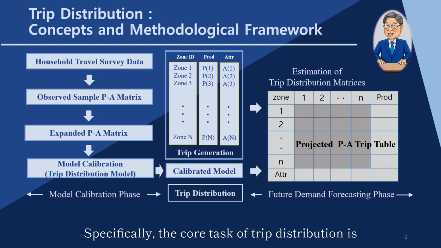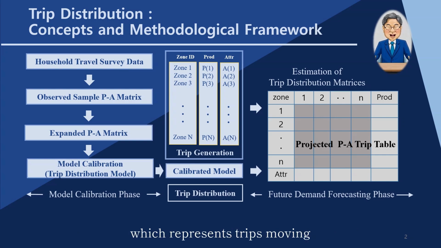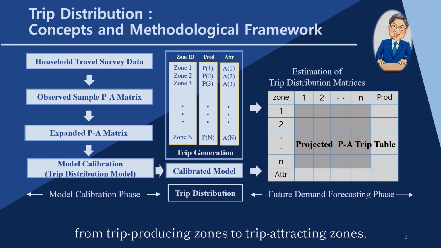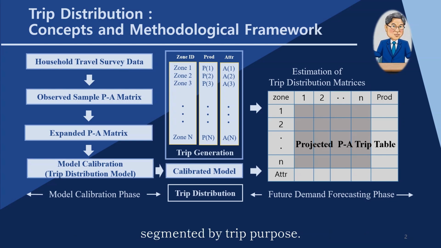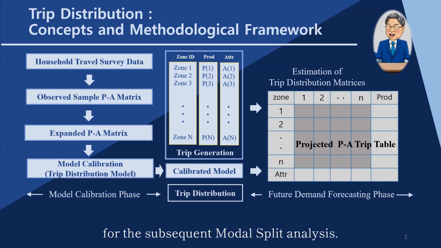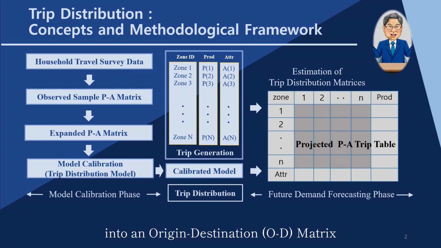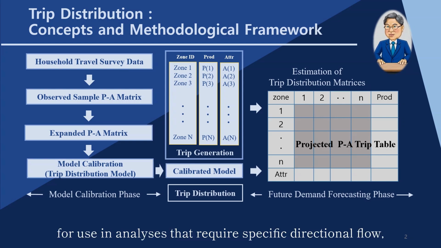Specifically, the core task of trip distribution is to construct a production attraction, or PA, trip matrix, which represents trips moving from trip producing zones to trip attracting zones, segmented by trip purpose. This matrix serves as the fundamental input for the subsequent modal split analysis. Furthermore, these data are eventually converted into an origin-destination matrix for use in analyses that require specific directional flow, such